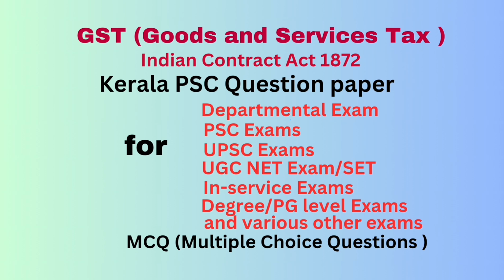Question number 66. Dash agreement means an agreement whereby the nominal plaintiff agrees with the maintainer to share with or give to him a part of whatever is gained as the result of the suit maintained. Answer Champertous agreement. Question number 67. Agreement by way of wager is. Answer void.